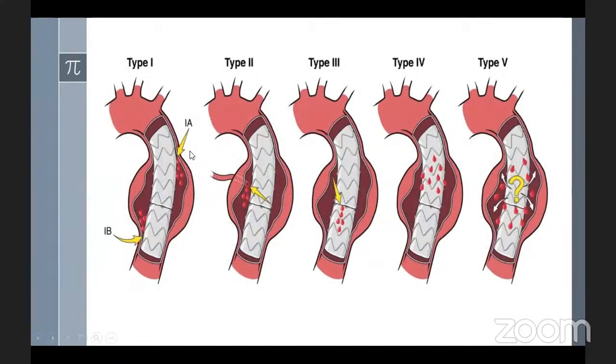So as you can see, this is type 1 endoleak, which is from the proximal or distal side of the graft. And type 2, intercostal branches drain into the sac itself, and this too is defined as graft failure. Type 3 between graft to graft junction if we use 2 grafts. Type 4, as we said, it's an increase in